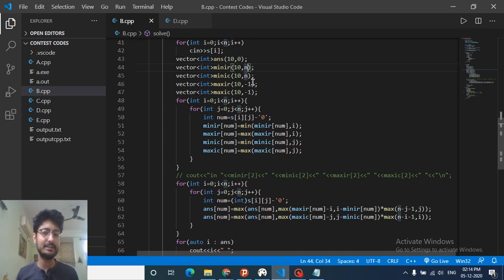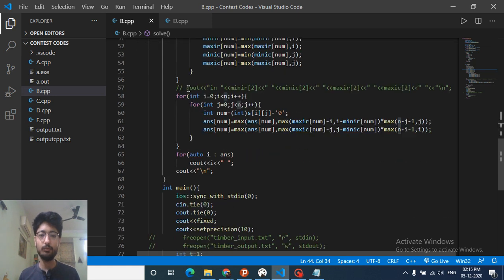And same for minus 1, because we don't take indices. If we take index 0 at this point, then I'm assuming that my minimum or maximum value is 0, but that is not possible. We have to take some outer point. So you can take it as minus infinity, and this as plus infinity, and find out the maximum and minimum point for the position of every number. And then what you can do here is